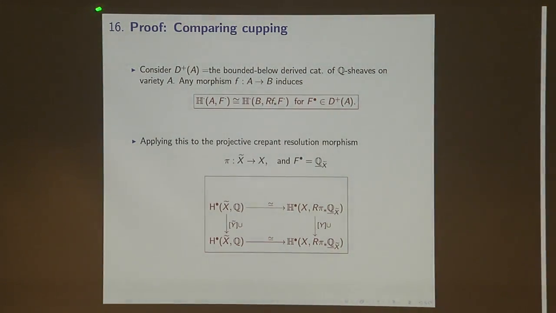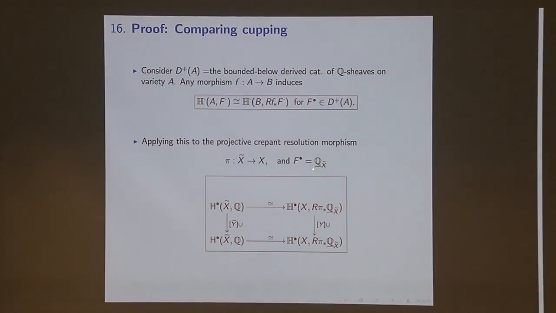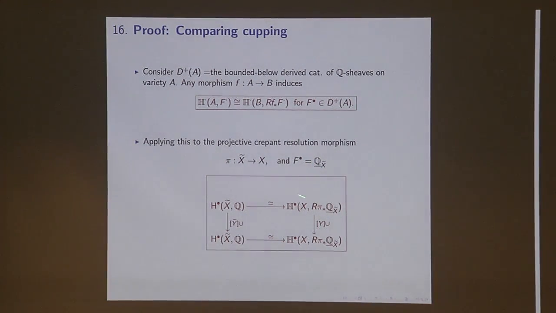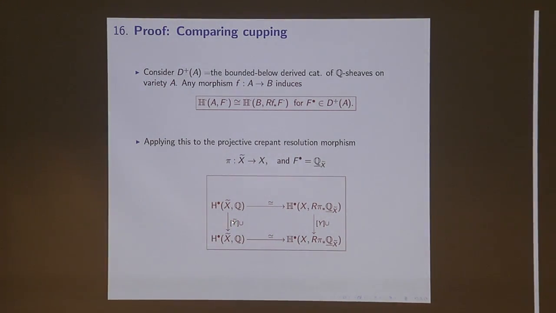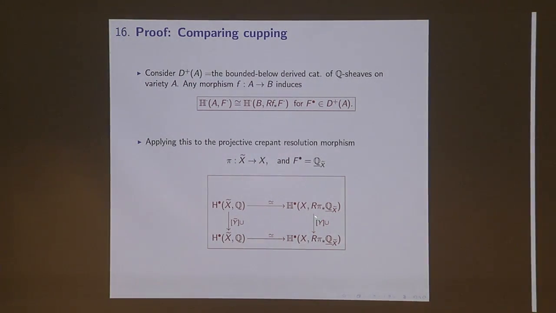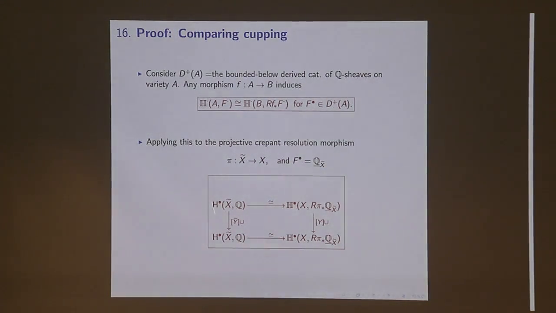Okay, so if you apply this to this Kreppen resolution and assume that your Q sheaf is actually a constant sheaf with concentration in one term, then you get this commutative diagram. So that means you now have translated the cup product on the ordinary cohomology of the blowup into the cup product of the corresponding divisor downstairs on hypercohomology. Okay? So computing rank here now becomes the problem of computing rank on this singular space.